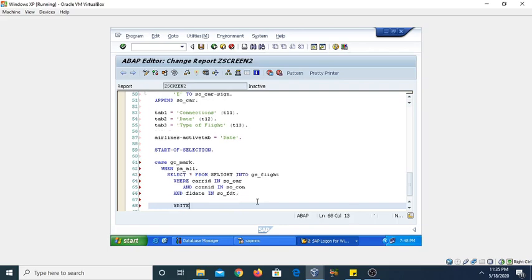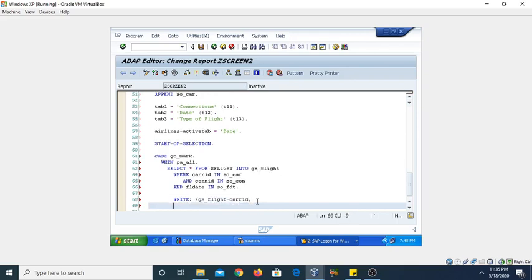So I am writing here the statement write gs underscore flight char id, comma, gs underscore flight connection id.